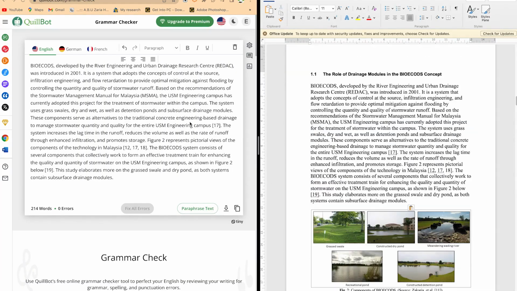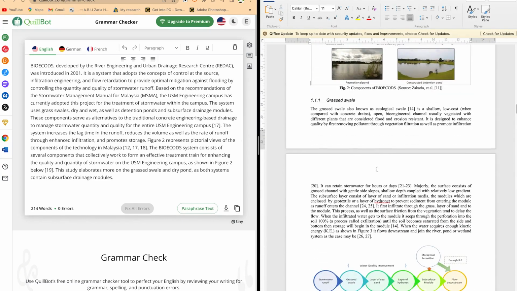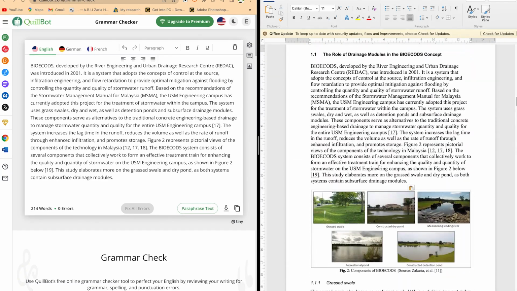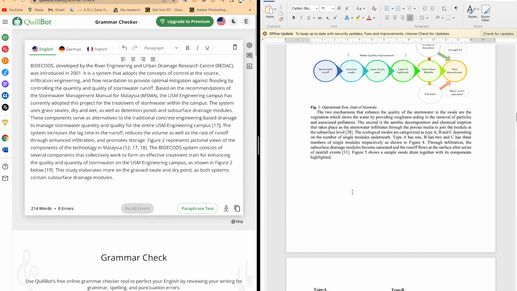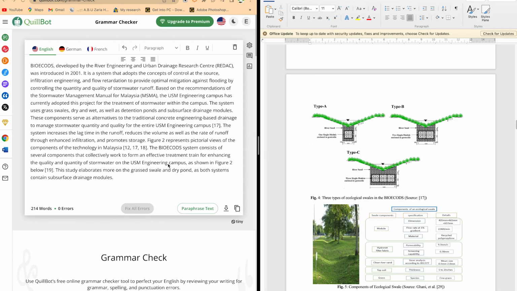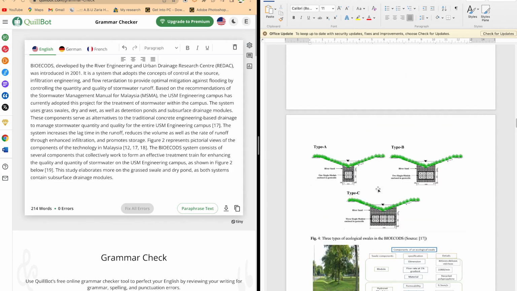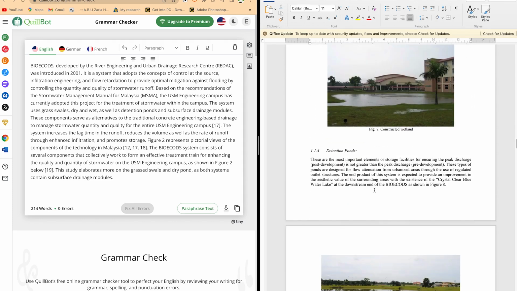So basically this is how you can follow along and edit all of your content in terms of grammar, and you'll have all the grammatical mistakes corrected with this Killbot. It's a very effective and easy way of correcting and making your work look professional and nice. So I hope you can do that across all the paper. Okay, you can just go ahead, keep scrolling, keep copying, keep pasting, and keep fixing the errors and putting it back. By the end of the paper, when you finish correcting, you will realize that you have virtually zero or minimal errors when it comes to the grammatical usage of the English language in your paper.